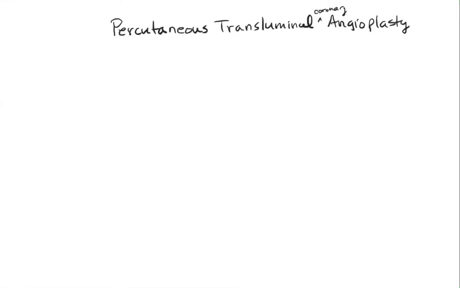So we can fix the coronary artery, okay? And it looks something like this. If you can imagine, you have your heart here, and you have a bunch of coronary arteries split up everywhere. Well, some of those coronary arteries have atherosclerosis. And what we end up doing is we